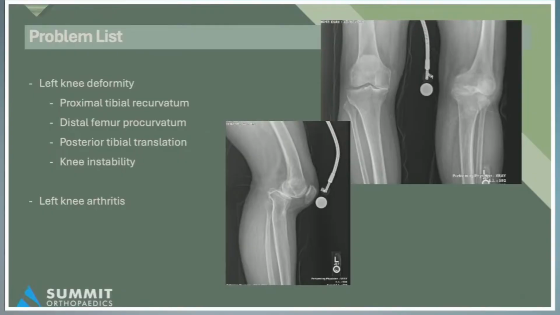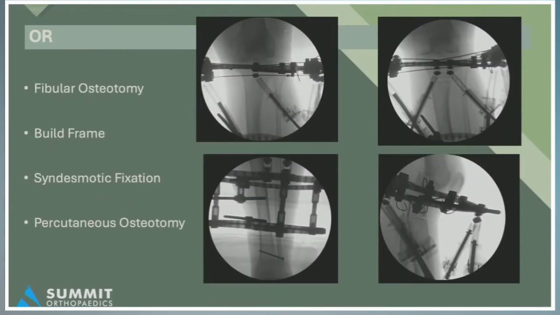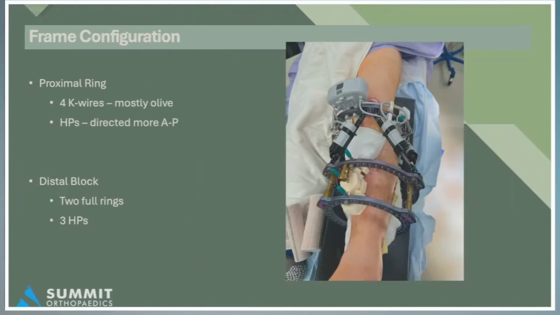For us, it's hard to do an acute total knee, and so the goal was to get him into the range of where a total knee would be appropriate. So in a 75-year-old, doing distraction osteogenesis is a little spicy, but we did it anyway. So here we are, we apply his frame, we fix his syndesmosis, make our osteotomy right at the apex, and granted we went very slow,